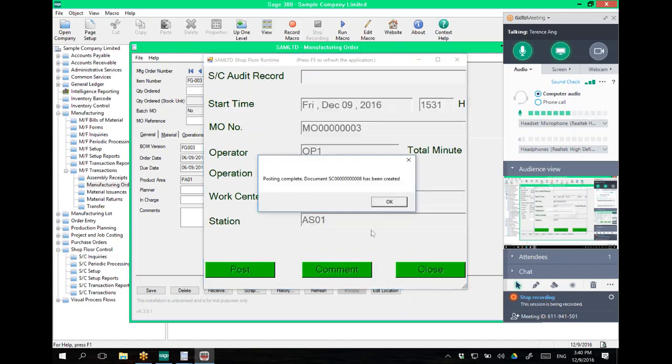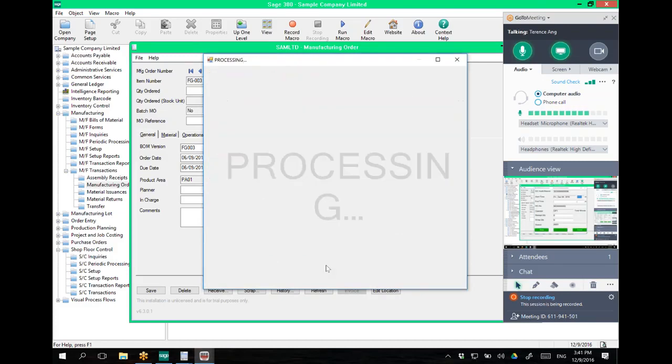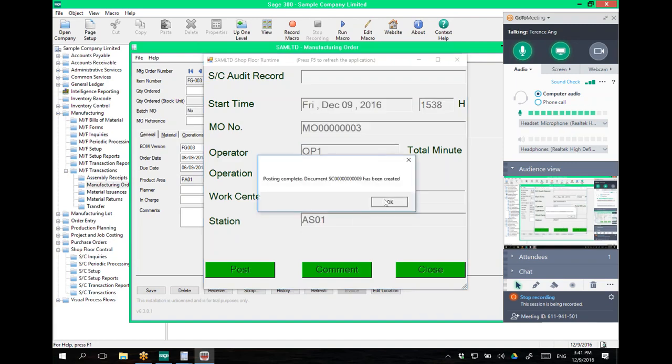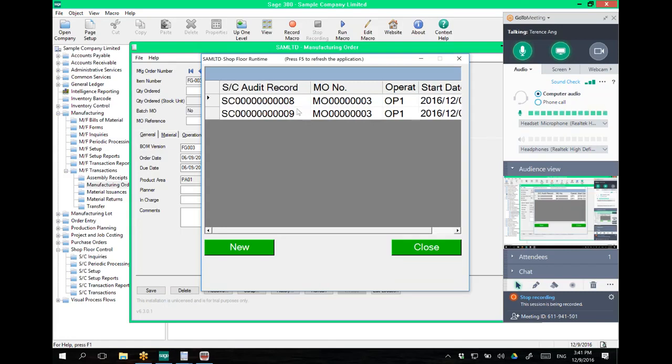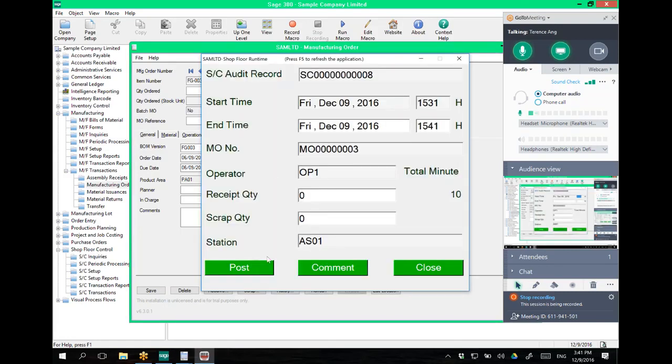And let's say I proceed to move on to another job. So I can close this, start a new record. So this is, let's say, from 338 for another MO. So let's say it's MO number, well, let's just use the same MO, it doesn't matter, and then post. So you would see here that we now have 2 records open, this time for the same MO. And eventually when I'm ready, I can just go back and then stop and then record here a quantity output